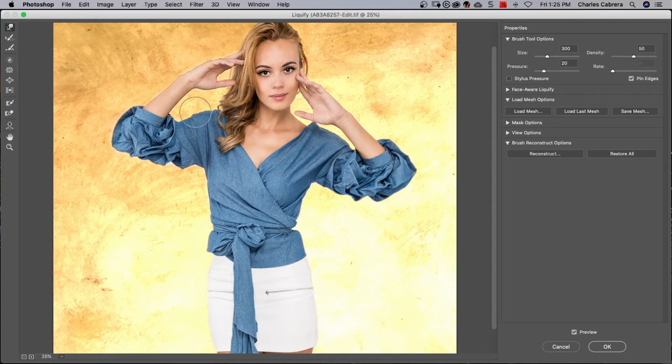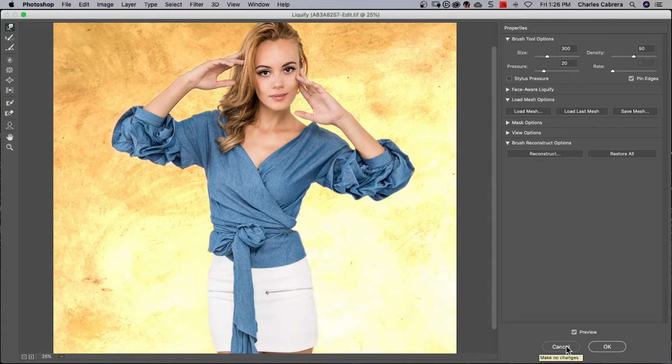And you can go around the image, and like I say, making your brush size makes all the difference in the world as to what it's moving, and you want to go slow. You don't want to rush, just want to push very slowly and easily, choosing the areas that you want to change. Now you may be wondering, if you want to start all over again, instead of hitting cancel and getting out of Liquify, you could click on Restore All.